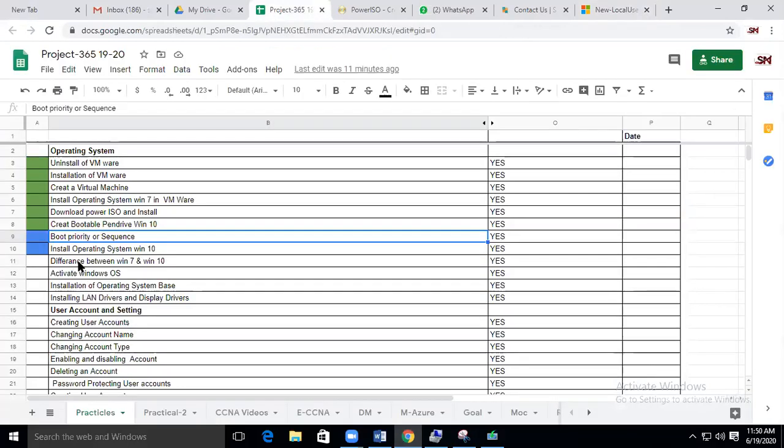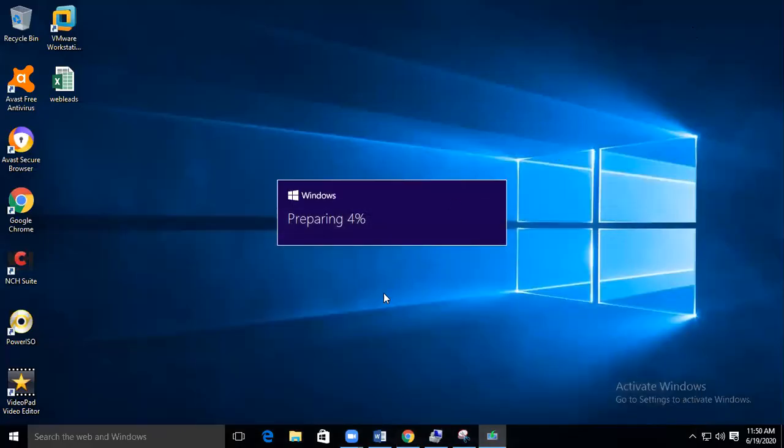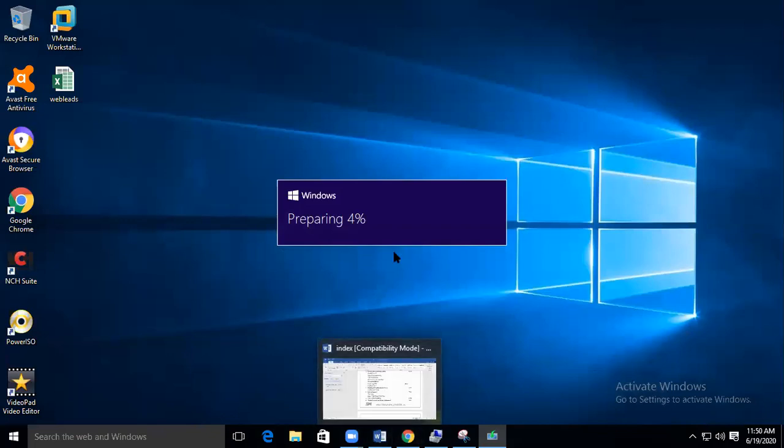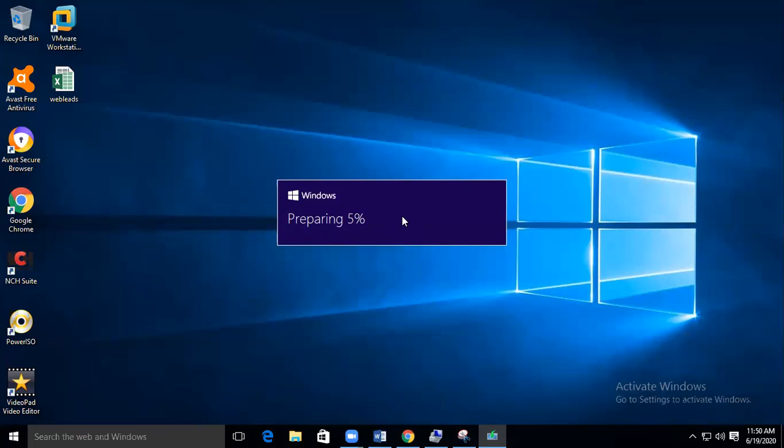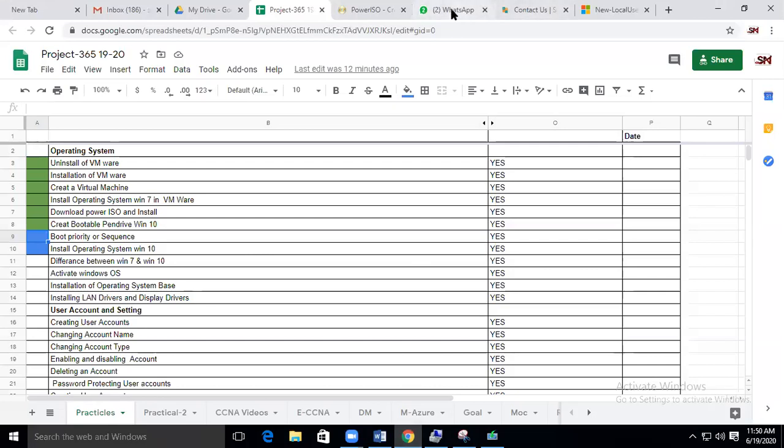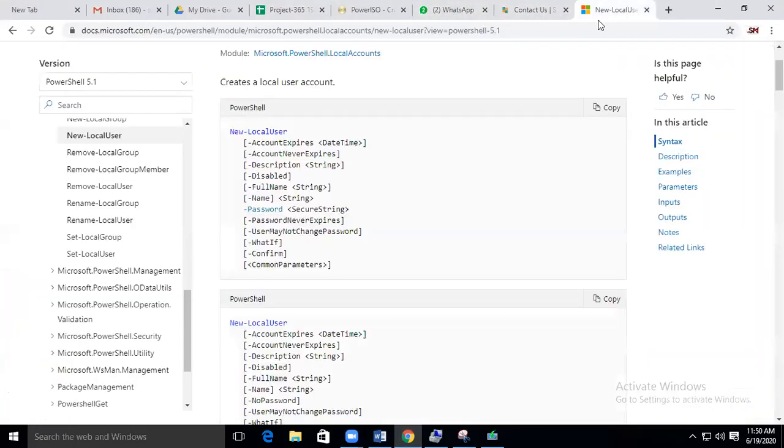Right, so what installation process did you complete? Boot priority. What is this boot priority? Boot priority is nothing but, how to show. If you restart your computer, what we have to do means, I'll show it on YouTube. This is the only thing we require, a base computer which has to be restarted. For other classes, we don't require it.